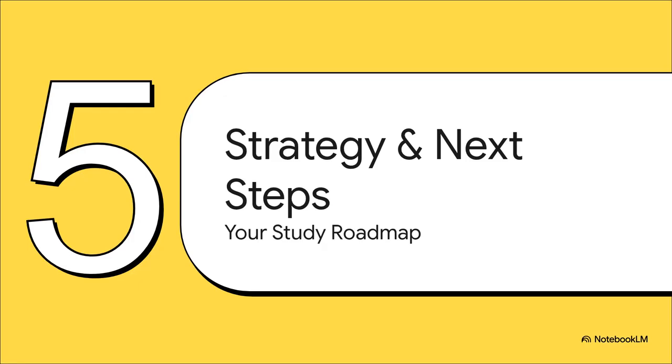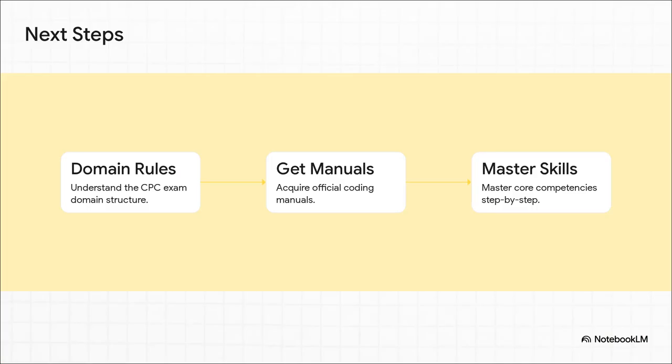Wrapping up with Section 5, Strategy and Next Steps. Here is your study roadmap. Here are your empowering, bite-sized next steps to take right now. Step 1, understand the domain structure we just reviewed. Your study time must reflect those exam weights. Step 2, go get your official coding manuals. I mean, you literally cannot pass an open book test without the right books. And Step 3, master the core competencies, step by step. Look, the CPC exam is entirely predictable if you just follow a structured plan, which is exactly what we're providing